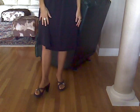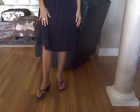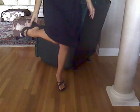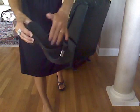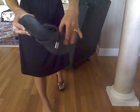They're called Cypress, and I've got them in 3 colors, and I love them. They're very, very, very comfortable. You can see they're just made out of the Croc material, and they've got the good footbed in them. They're awesome. For accessories, in honor of this video, I wore my just little rhinestone Chanel earrings, and I've had these for, gosh, probably 3 or 4 years. My husband bought them for me, and I've got on just my little